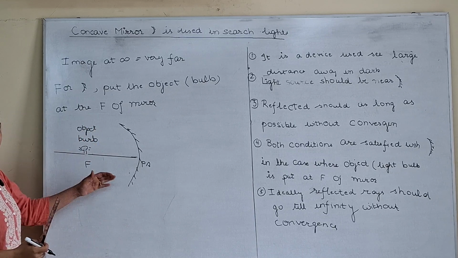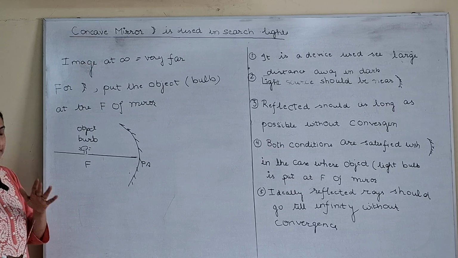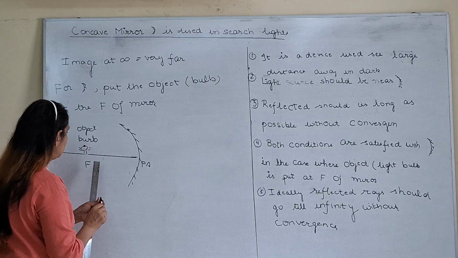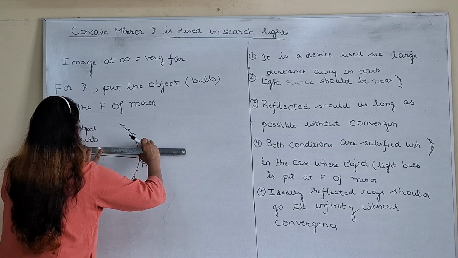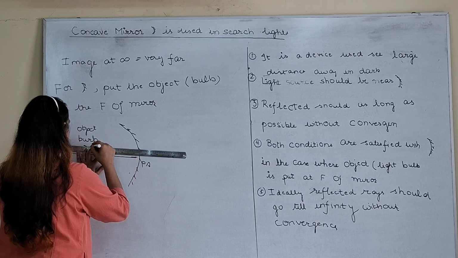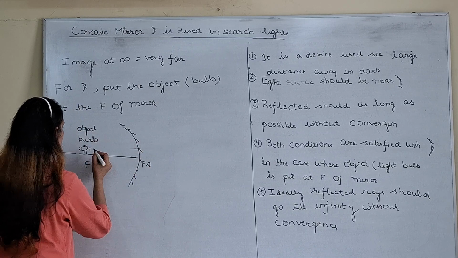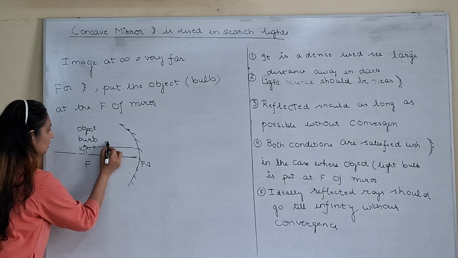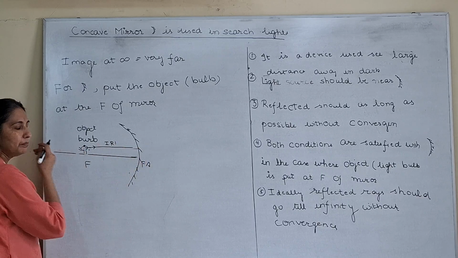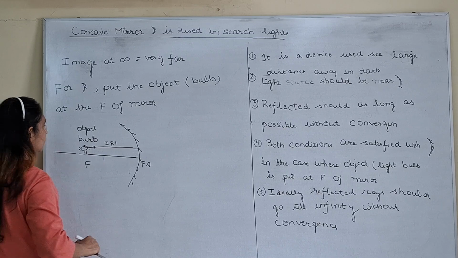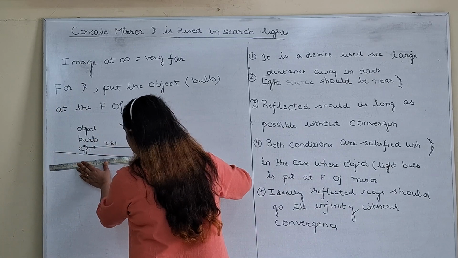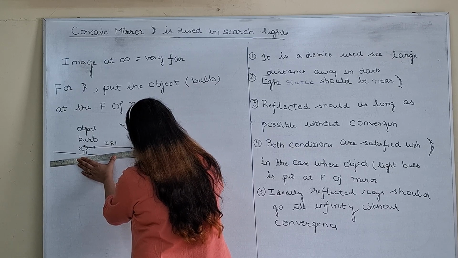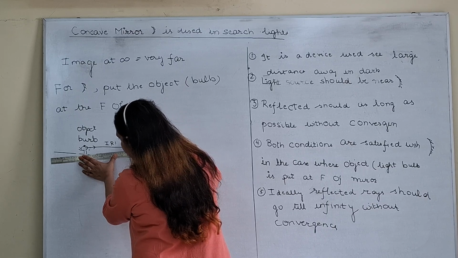Now it will send light. Bulb will always obviously send light. So let's take two light rays from a point. One we can take parallel to the principal axis. This incident ray 1 is parallel to the axis. So इसका rule क्या होता है? That on reflection it goes through focus. जो इसका point of incidence है, ये है इसका point of incidence, तो वो focus से pass होती है.